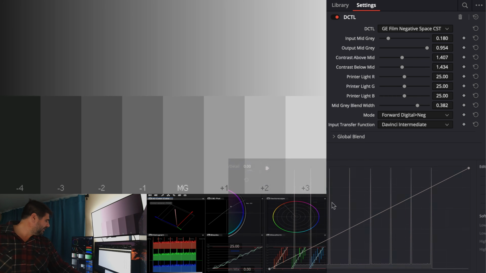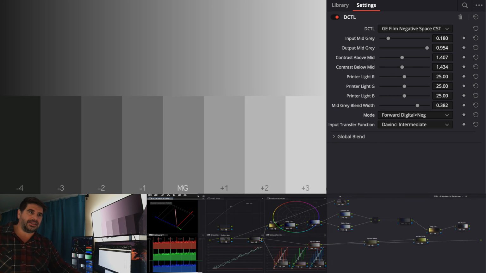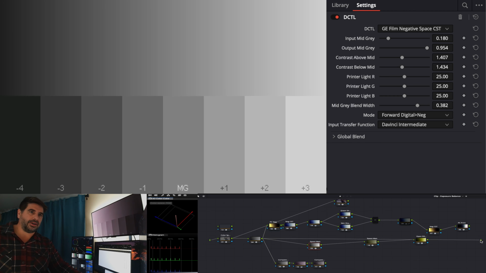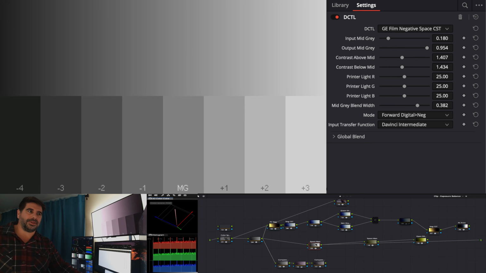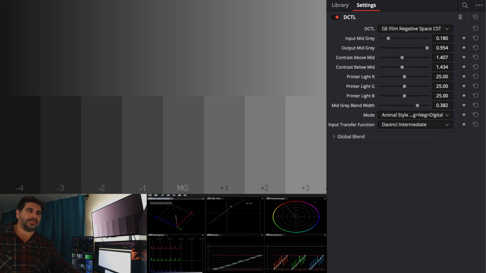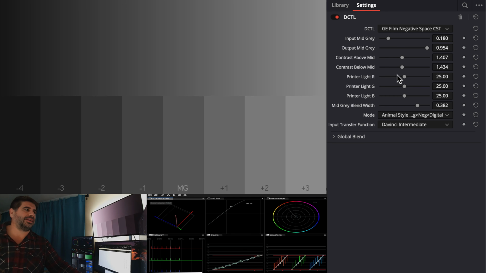But now you have this new shape to what's going on in your space. It's different. It's not this, where we were here, very dark, and that's what we're working with. Now we've shifted everything and expanded everything to work in this place. Now the thing is, we can switch this mode to animal style, which means, oh wait, nothing's changed. Well, your printer light controls, the ones that are here that are geared to operate like printer light, function in that new space. So you can set them to whatever you want, but if you make changes to, say, where this is, oops,